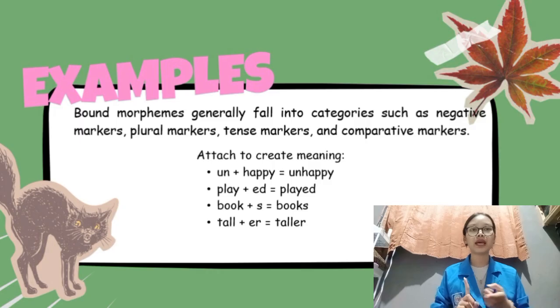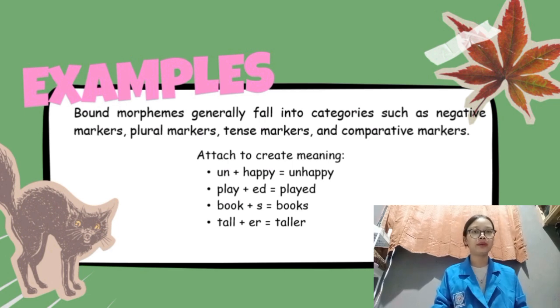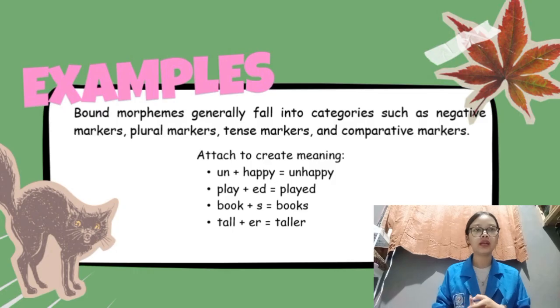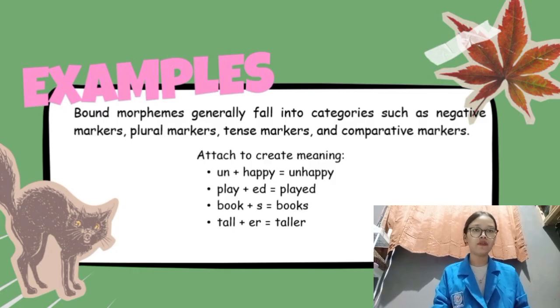Book plus s becomes books to show plural form. And tall plus er becomes taller, showing comparison. So each of these morphemes, un, ed, and er, adds specific meaning, but they cannot stand alone